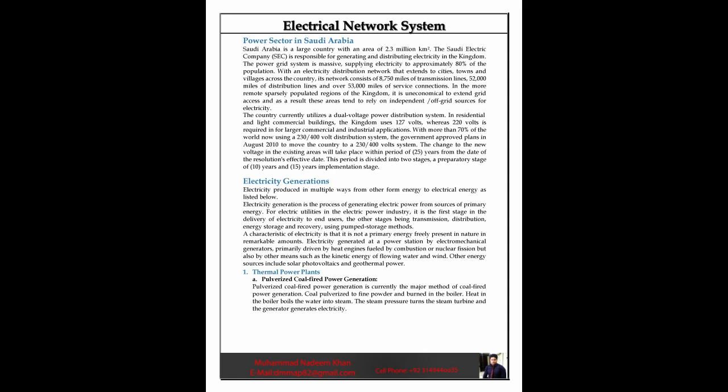In the more remote, sparsely populated regions of the kingdom, it is uneconomical to extend grid access, and as a result these areas tend to rely on independent/off-grid sources for electricity. The country currently utilizes a dual-voltage power distribution system. In residential and light commercial buildings, the kingdom uses 127 volts, whereas 220 volts is required for larger commercial and